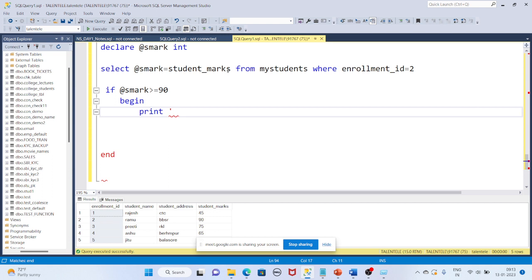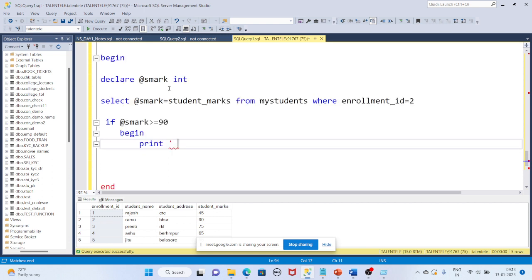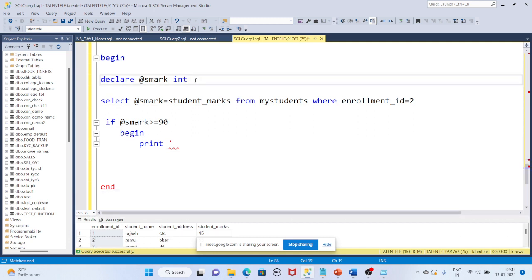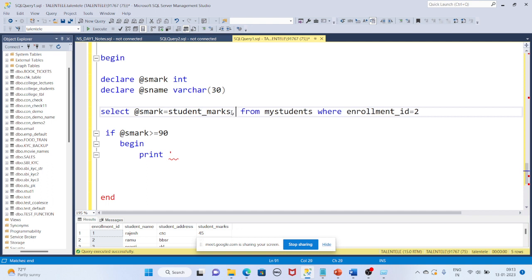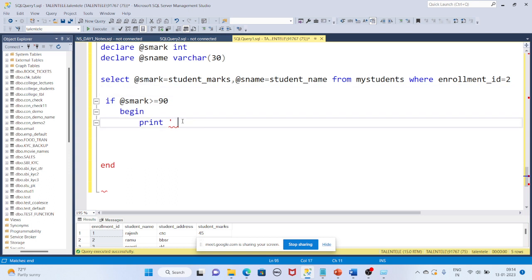print, we can also capture the student name. Let me capture the student name. I have to create one more variable, declare @sname varchar of 30. Along with student marks, just give a comma, write @sname equals student_name, correct, student_name, and I'm saying